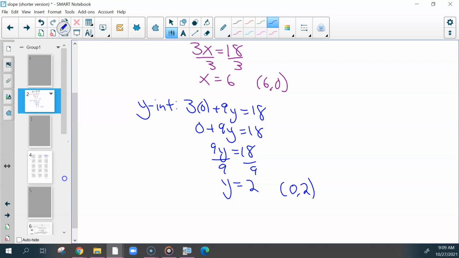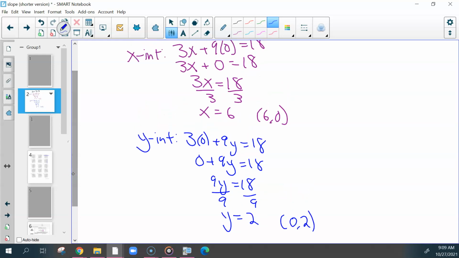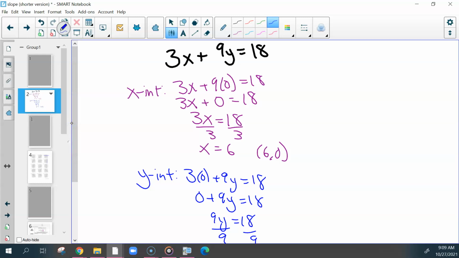There is a shortcut when doing this. When you get this equation, if you remember that for x-intercepts, you're putting 0 in for y, and for y-intercepts, you're putting 0 in for x, you could mentally put 0 in for x or for y, know that that term is going to become 0 and disappear, and skip to this step. So if I was solving for my x-intercept, I could look at this, skip to this step, and then solve. And then I could do the same thing for my y-intercept, knowing that I'm solving for y, this would disappear, and skip to this step,